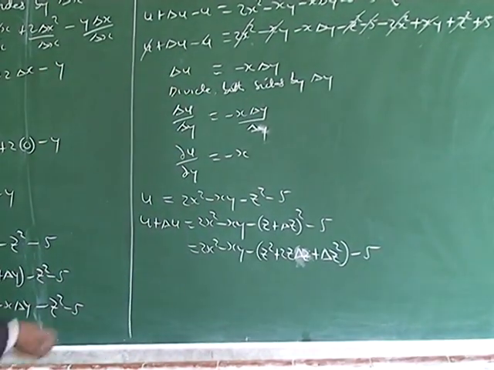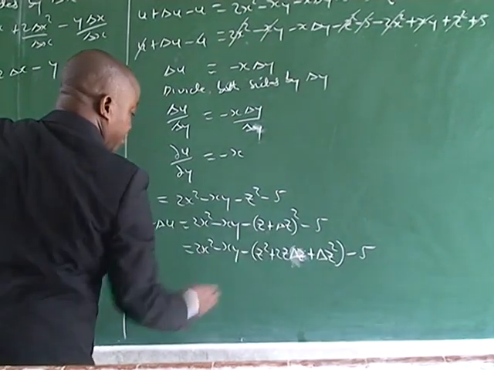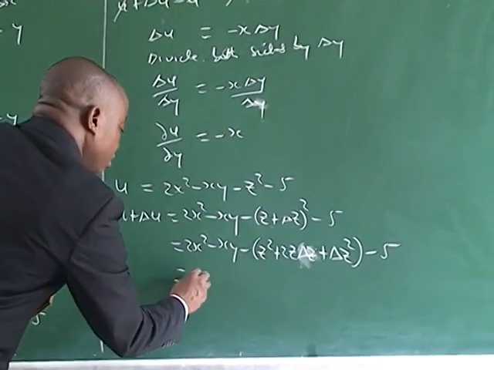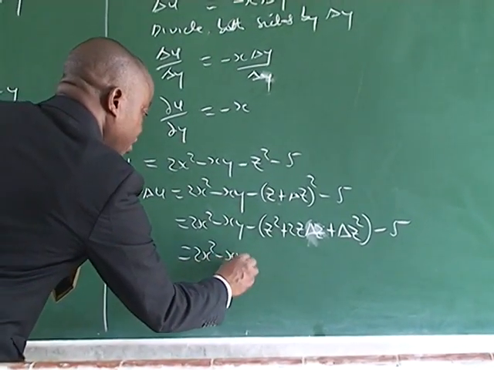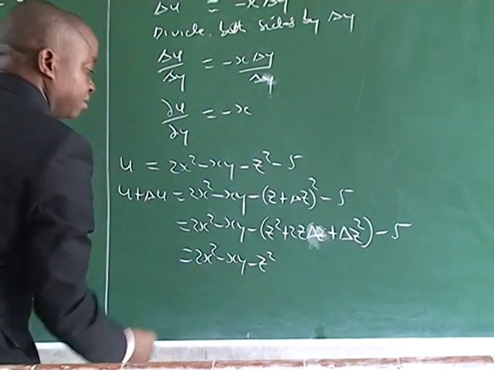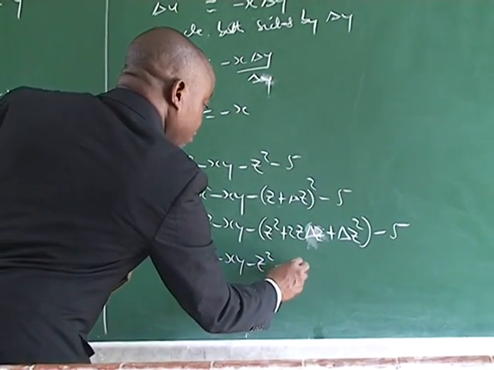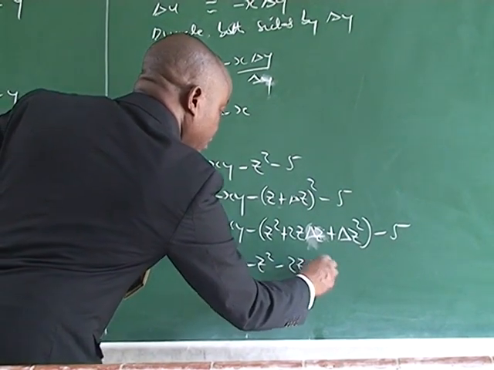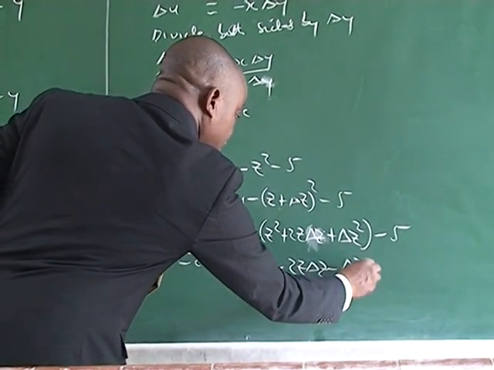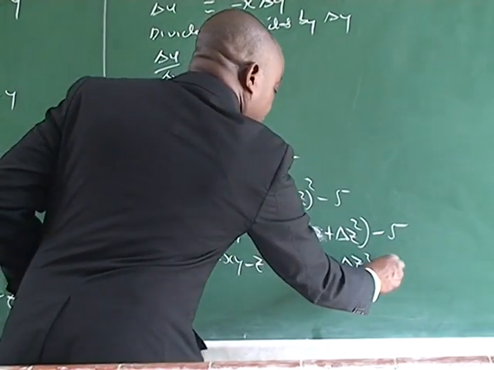So this is the expansion. And this can give us x squared minus xy minus z squared, minus 2z change in z minus change in z squared, minus 5,